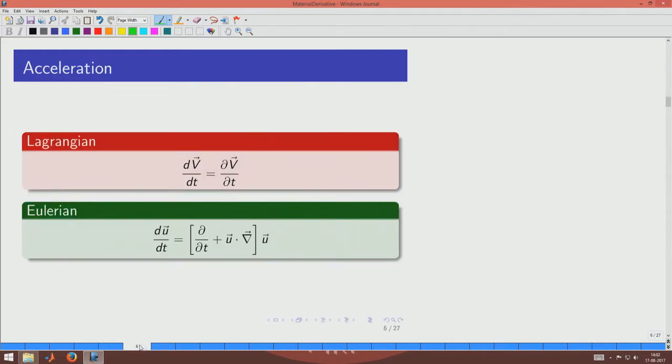So, you could see that the way acceleration is defined is different in Lagrangian and Eulerian schemes. In the case of Lagrangian, you saw that it is always specified at the center of mass of the particle. So, you directly differentiate with respect to time, and that is what it is. Whereas, in the case of Eulerian specification, you are actually defining at a spatial location, and because the particle is moving as a function of time, you have the additional term that is coming here, and therefore, you have got this as the operator to give you the acceleration.